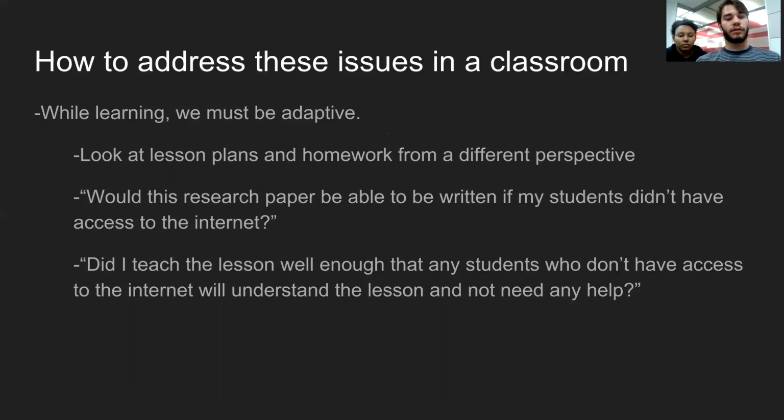So this just means look at the prompt. Is the prompt general enough that if your students try to only get their sources from a library, will they be able to do that? Or do you need to maybe reevaluate your prompt and try and make the research paper more accessible to your entire classroom? And another question that might be more applicable to math classrooms would be, did I teach